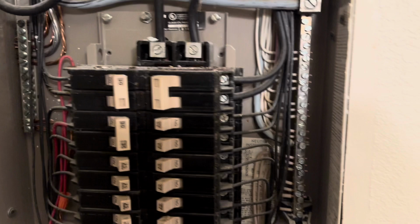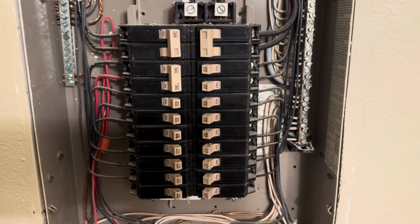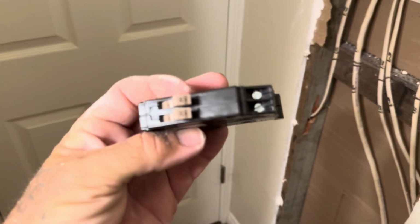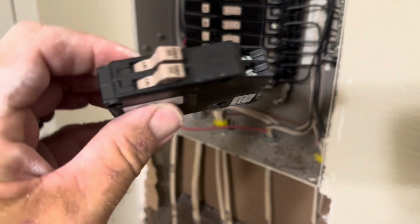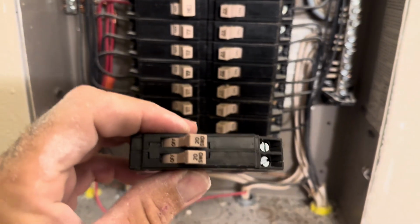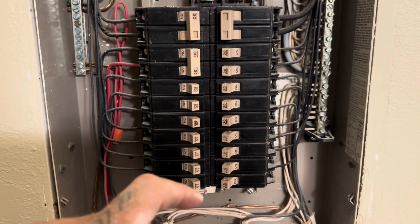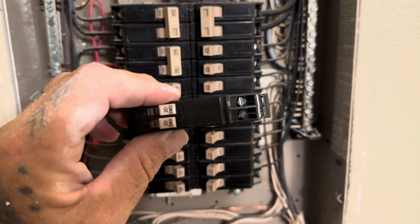And essentially what's going to happen is I will be replacing a bunch of these breakers. What I'm going to be replacing them with is these here. These are basically like a double breaker. Okay, so as I was saying, I'm going to be replacing these single breakers with these double breakers. So essentially it's going to shrink my breakers down. So these two 20s will go into this one 20, and so